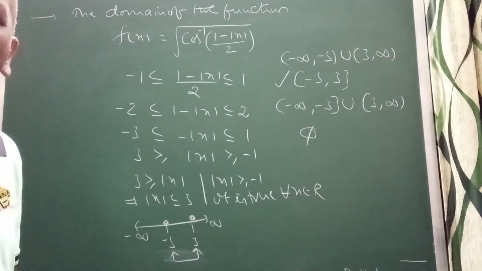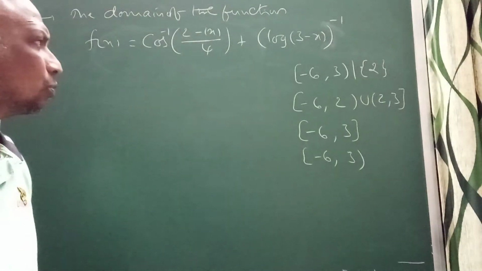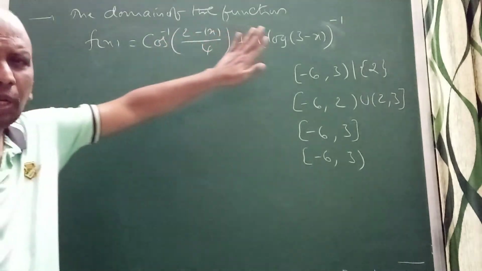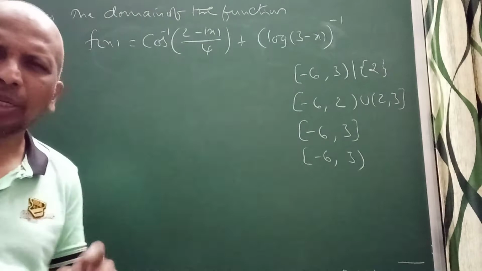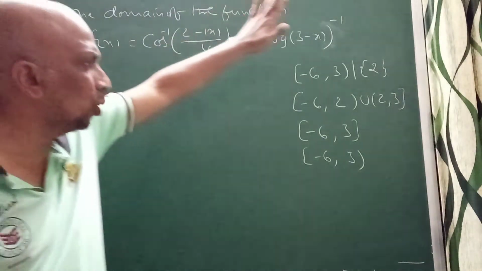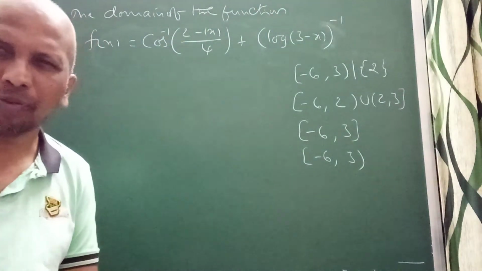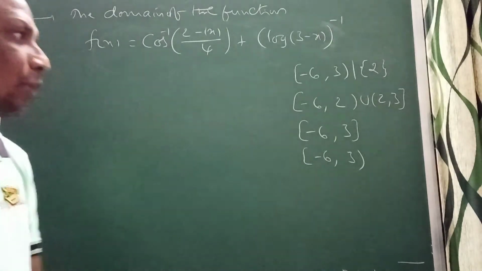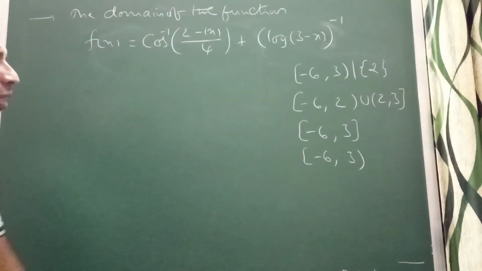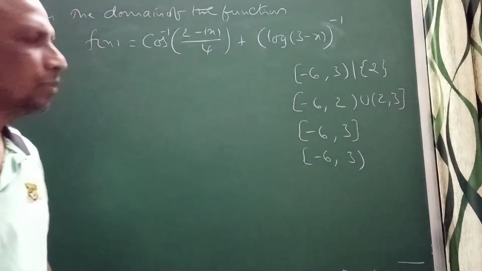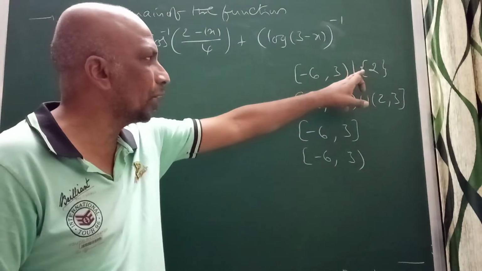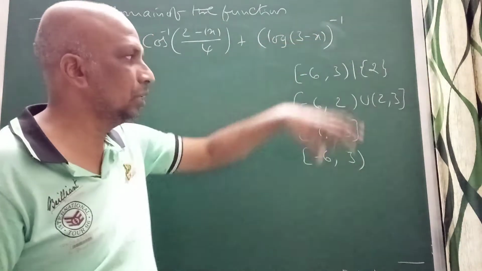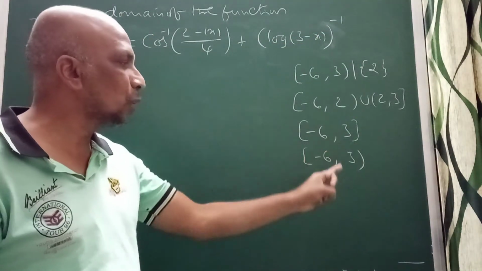Now we'll do the next problem. In this problem, two terms are given. One is cos and one is the logarithm. If you want to find the domain of this, you should find the domain of each, and then the common domain of both. So think about how to find the common domain. These are the options given here. One way you can check here also: 2 excluding, here also 2 excluding, except 2 they are taking everything. But 2 is included here, right?